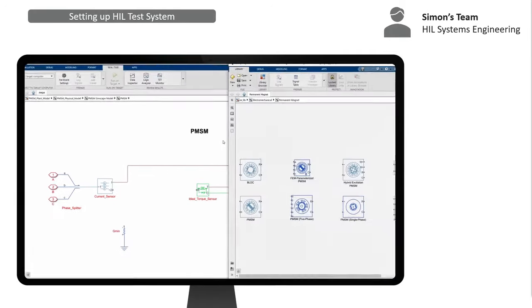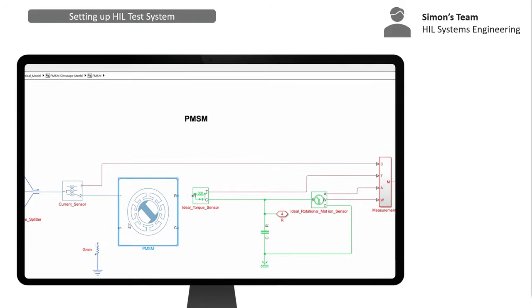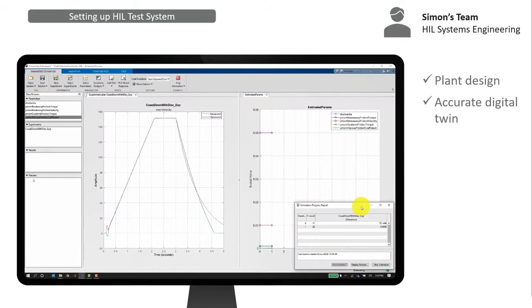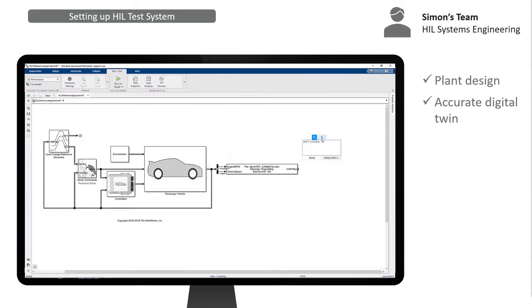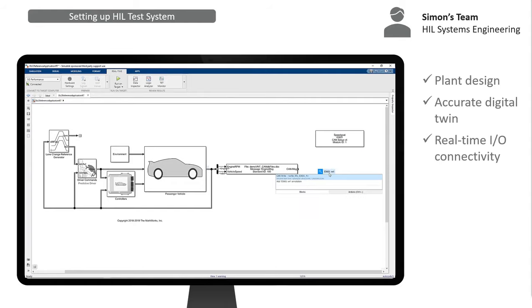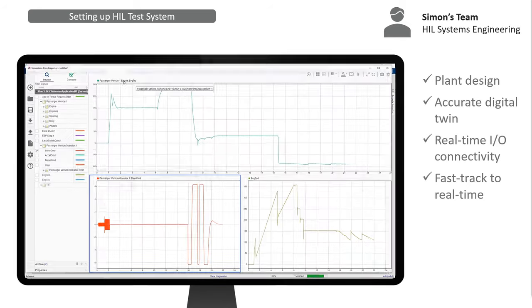With hardware hurdles off the table, the team was able to focus on the design of the digital twin and even introduced some innovations. For instance, model parameters are now automatically fine-tuned to fit measured data. Connectivity with the controller was also done very quickly with a simple drag and drop of Speedgoat driver blocks. Using Simulink Real-Time, the model ran on the Speedgoat machine with a simple click, and the team could verify correctness of all interfaces right from Simulink.